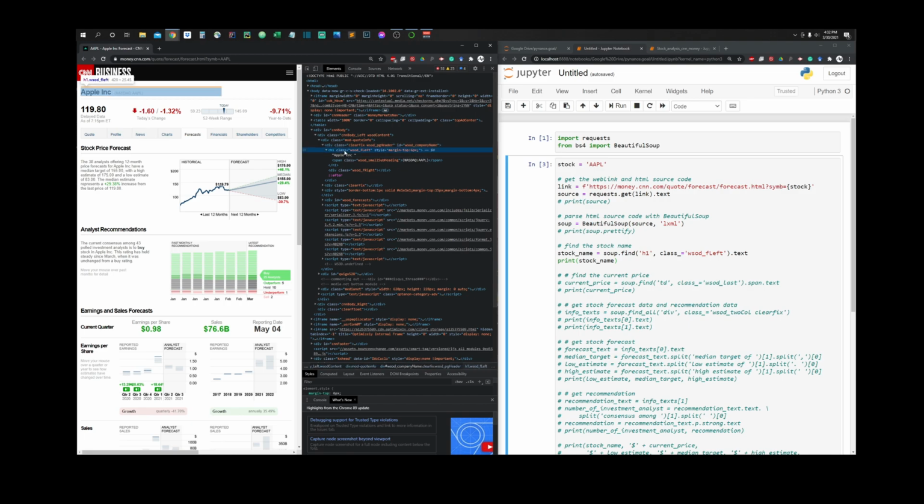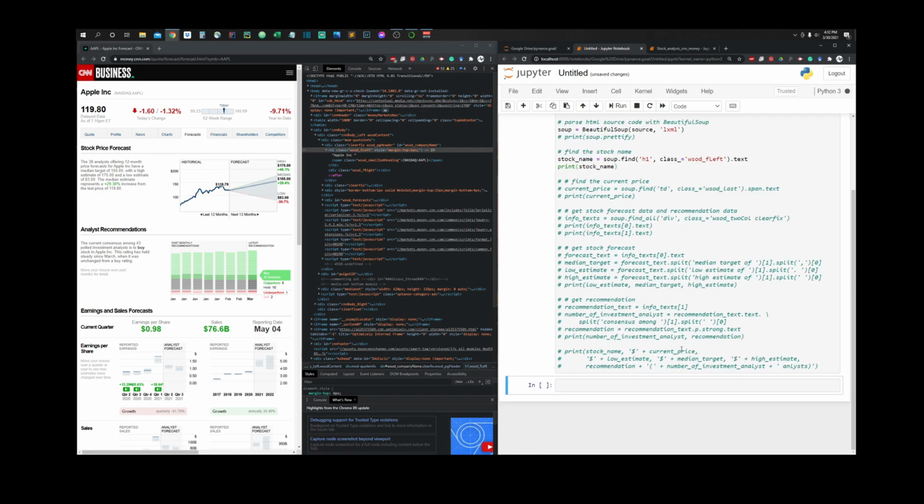So what you can do is, using your BeautifulSoup, now you know the HTML tag and the class name that contains the text. You can just write soup.find the name of the HTML tag, which is H1, and the name of the class, that is WSOD_FLEFT. And then you want to get the text, so you write .text. Now let's see, if you print it, it should print the name of the stock, which it does. So it's Apple Inc. Nasdaq